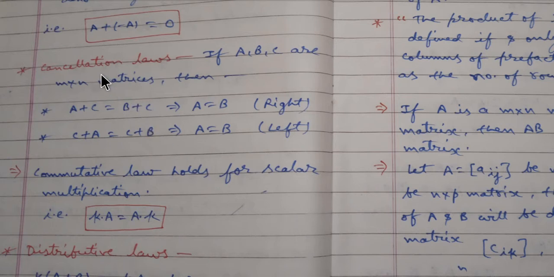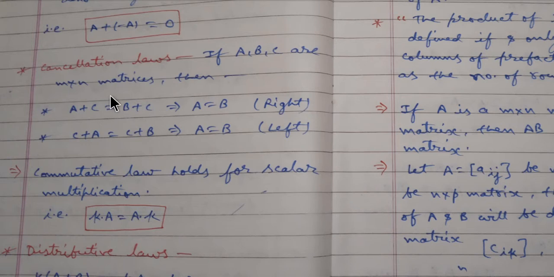So now there is one more law, the cancellation laws. If A, B, C are M cross N matrices, then these cancellation laws say that there are three matrices, A, B, and C, of order M cross N. Then there are two laws. The first law says: if A plus C equals B plus C,